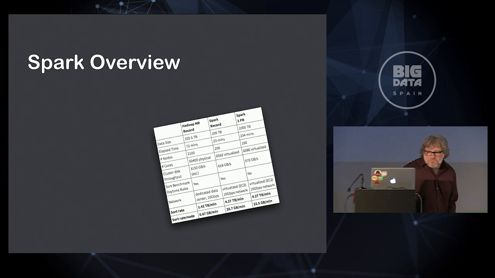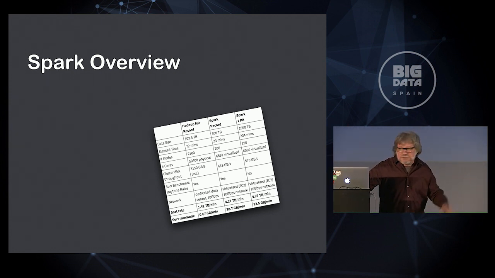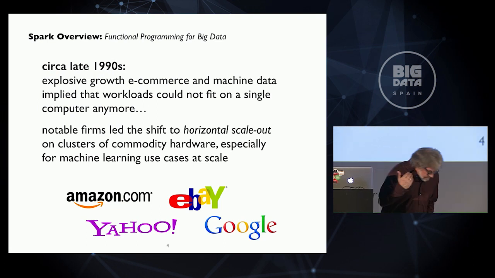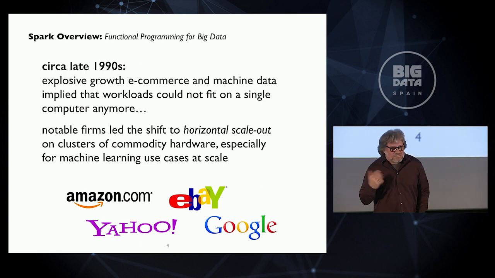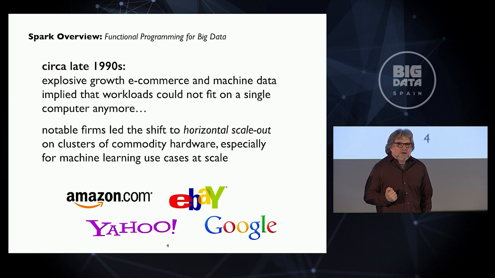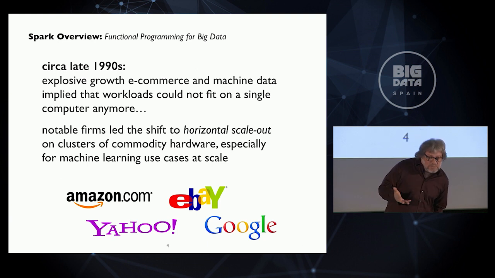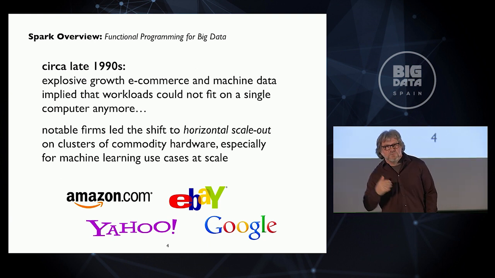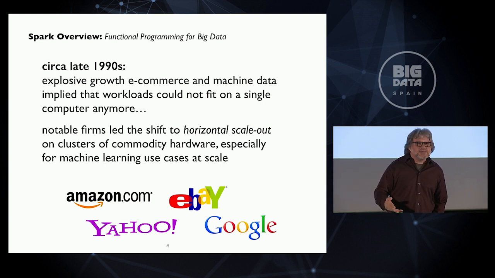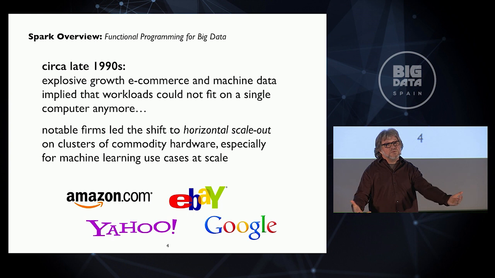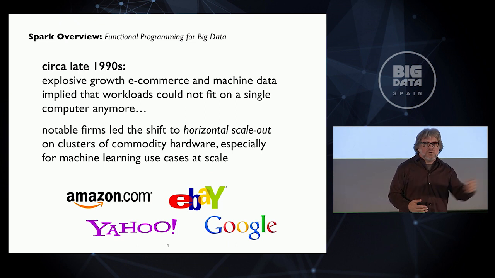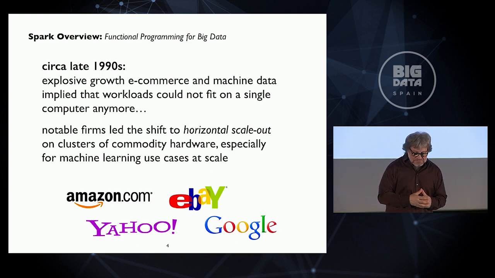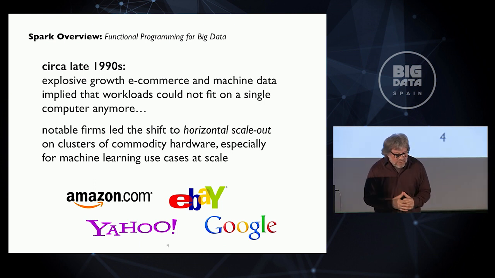So first off, I want to give a real quick introduction to what Spark is, if you haven't seen it before. The setup for this is that in the late 1990s, there was some of the first growth of e-commerce. There was a practice of horizontal scale-out, with a lot of web apps that became popular, like eBay, Amazon, Yahoo, and Google. They started collecting a lot of data off of people interacting with those web apps, and then they started doing aggregation on the log files and machine learning over the top of what had been aggregated from the log files. And this was being done on clusters of commodity hardware,